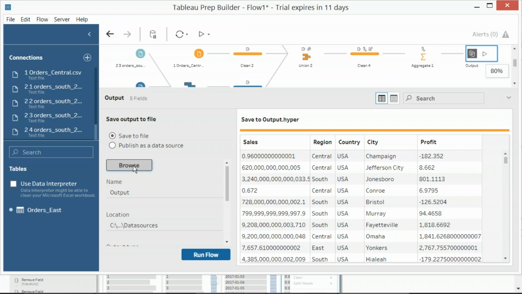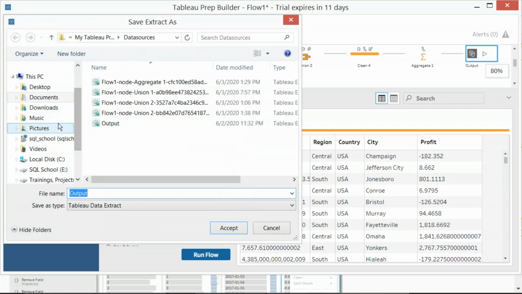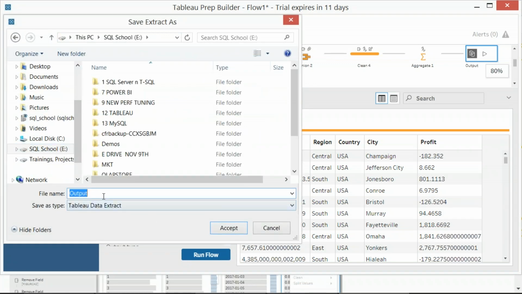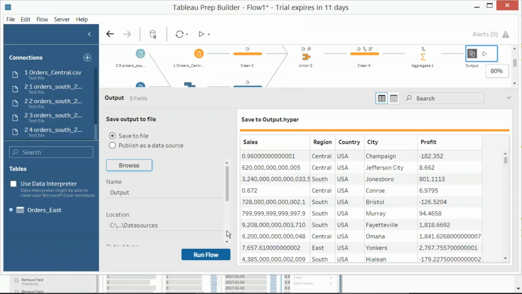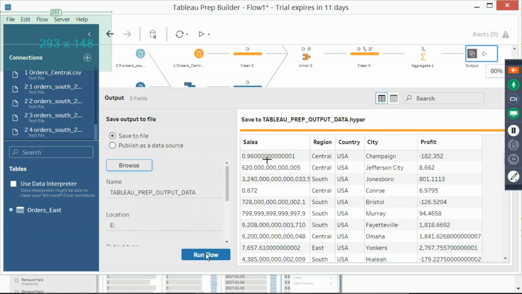So here it is, browse to my E drive, and I'll take it as Tableau prep output. It's nothing but the TDE, right? The Tableau data extract, say accept. That is not enough. We need to click on run flow.